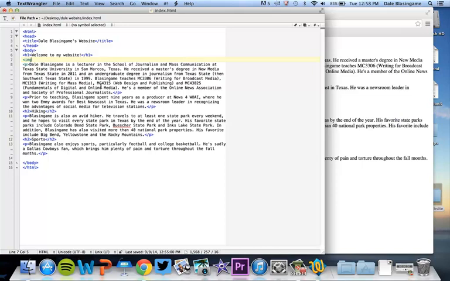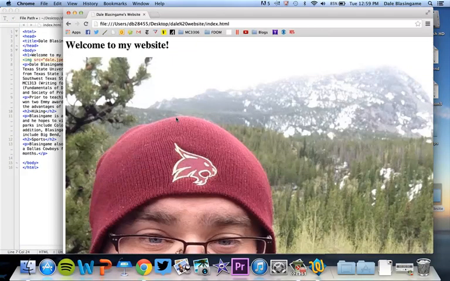I also need to introduce you to something called attributes and values. The img tag is an example of a tag that contains attributes and values. So the attribute here is src, meaning I'm letting the browser know where to find this file. And they're always followed by an equal sign and then two quote marks. So right here is where I will enter that dale.jpg name, and then how you close the image is you do a space after the quotes, you close it, and then you do the bracket right there. So again, this is a little bit different. It's a standalone tag, but when I do Command S, I'm going to go in here and okay,